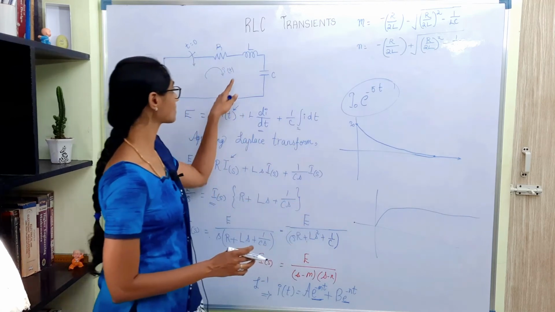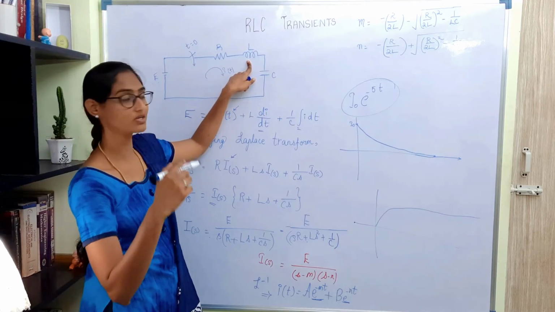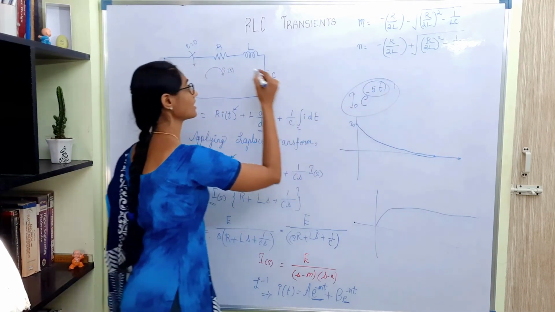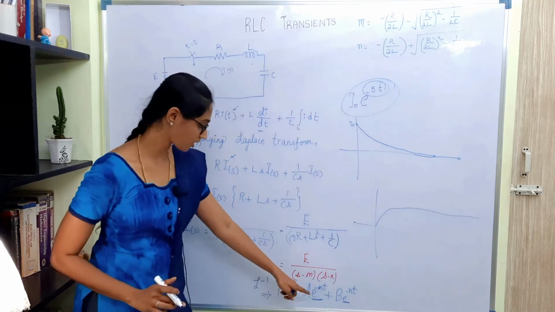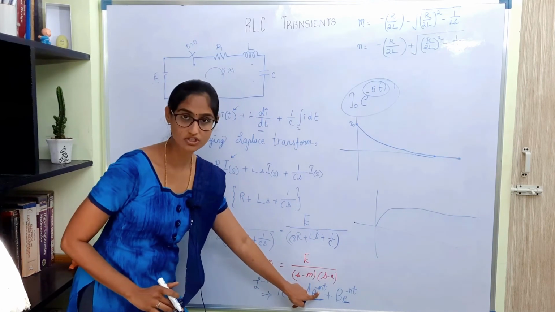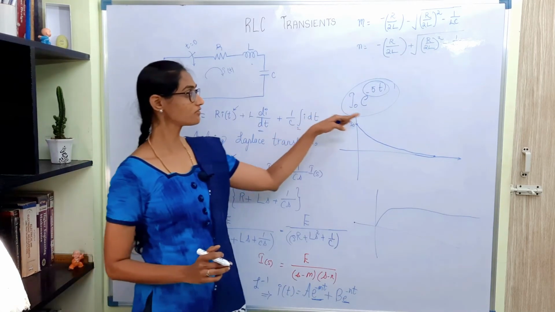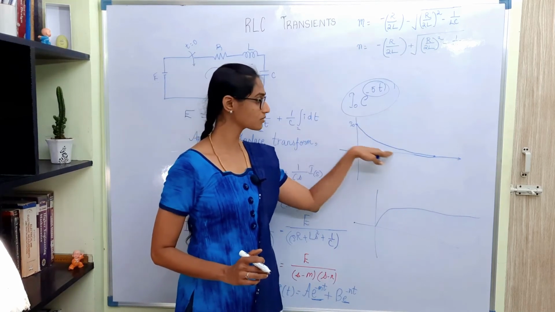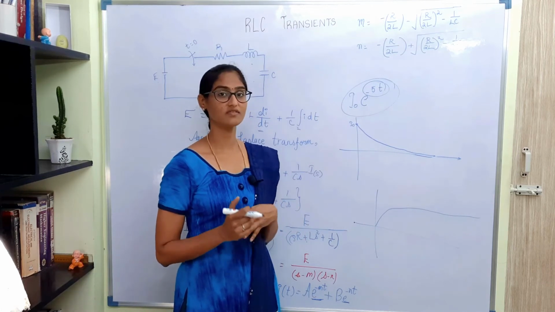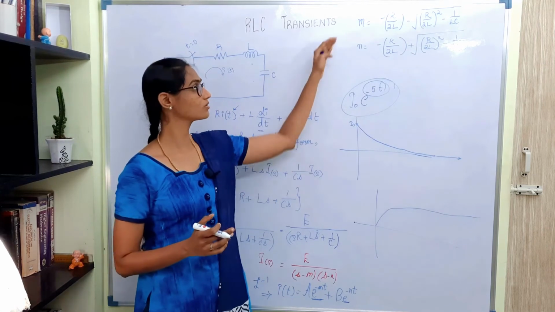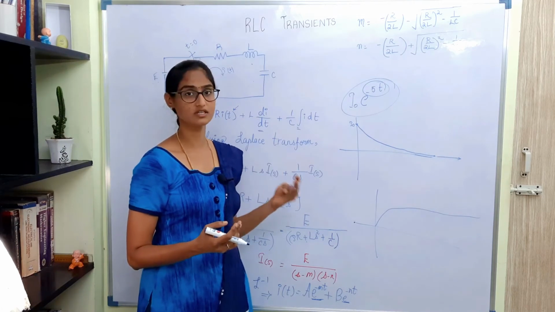Based on this circuit, there are three quantities governing the e power or the exponential term. This term is decided by R, L and C. If you see these roots m and n, if m is positive, then it will be a negative exponential. Here also if n is positive, this will be a negative exponential. If it is a negative exponential, it will be a stable system and the response will die out at one particular time and it will have a proper settling time. But if the exponential is positive or if the roots are not real or if the roots are negative, then the system will never settle.